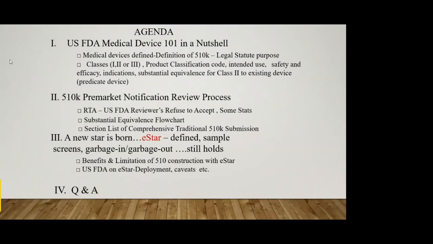As I mentioned, RTA stands for refuse to accept. This is also known as the acceptance review from the US FDA. This is the first stage of a two-stage process. The US FDA reviewer sits to look at whether all the documents are compiled, collected, presented properly. And then, of course, they send you a notification that they're now ready to start the clock to review, and